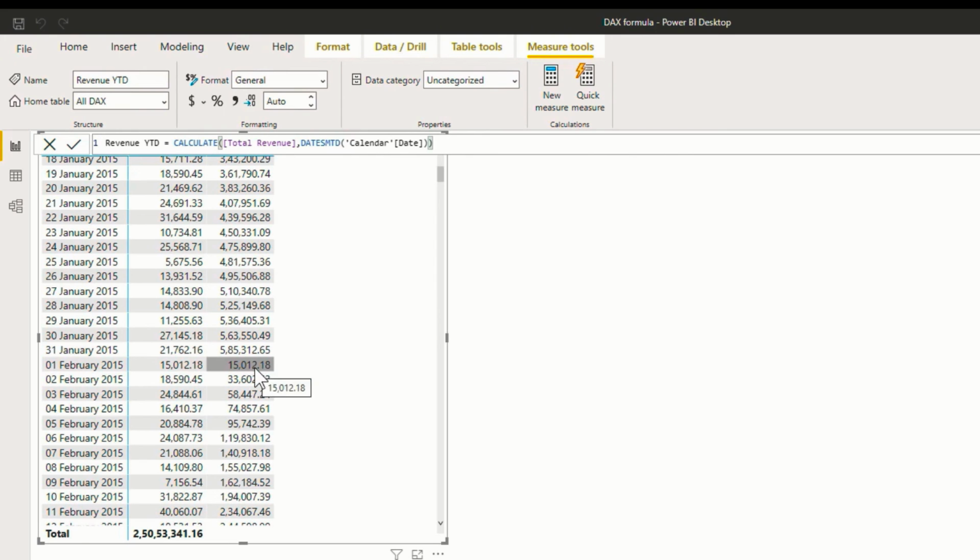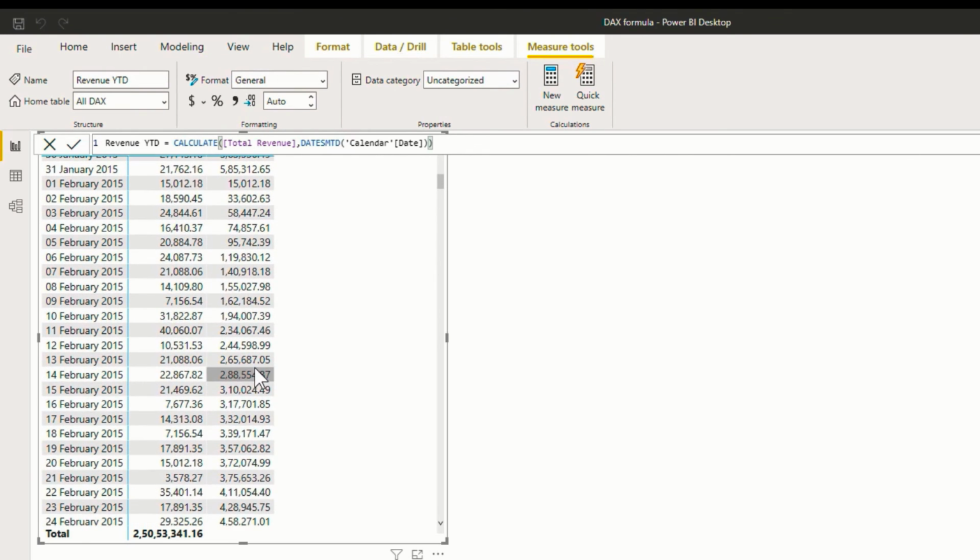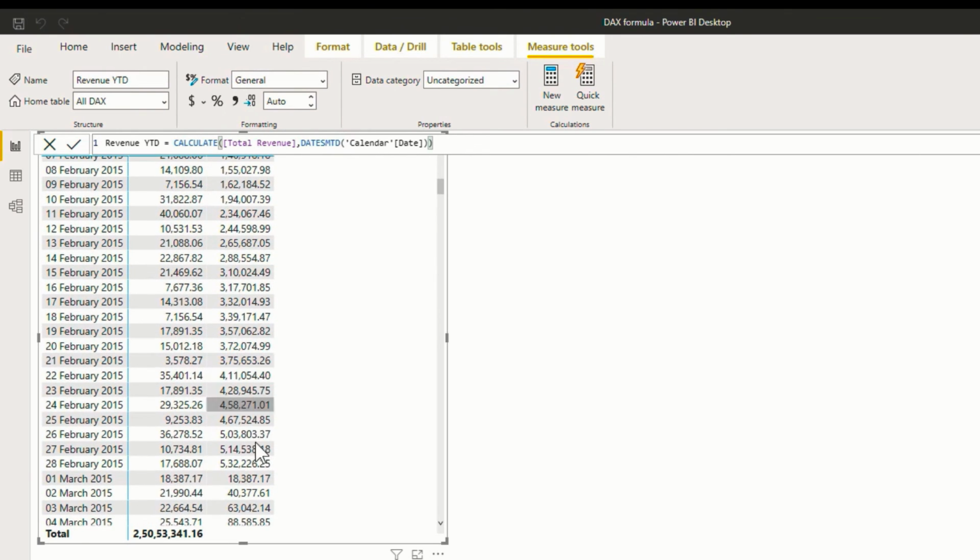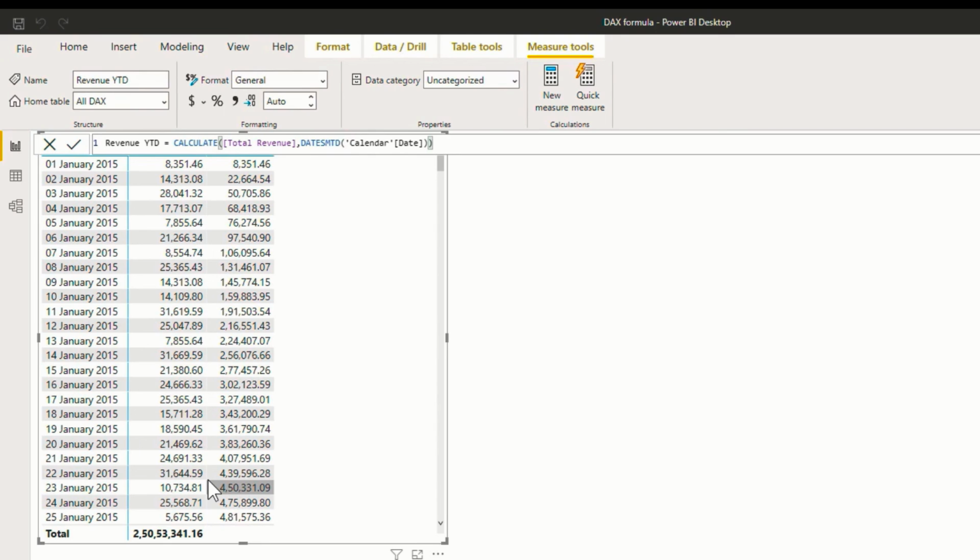And then it continues just like that for every month. So it ends adding up on 28th February and starts fresh from 1st of March. And in the same way, if you want to perform quarter to date analysis, you can use the DATESQTD function.